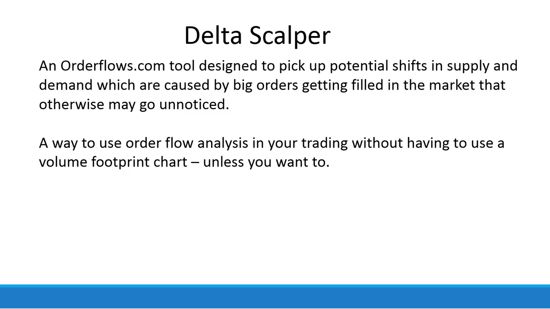One of the questions that I get asked quite a bit is, is there a way to use order flow analysis without having to look at a footprint chart? So, I've tried to come up with, probably, my best way, which is the Delta Scalper, for those that want to use order flow analysis without having to use a volume footprint chart. I don't necessarily recommend that because I feel that trading with a volume footprint chart,